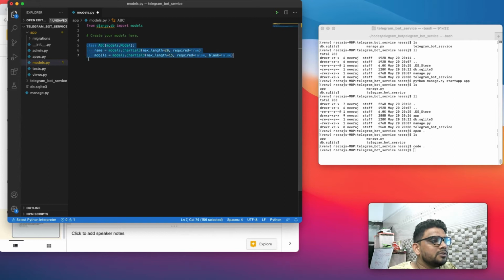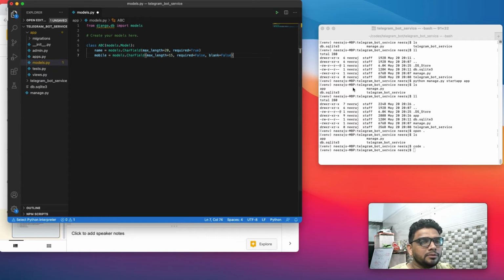What I have done essentially here is this class ABC is going to represent a particular table in my database, and name and mobile are going to represent columns in my table ABC. Since I have defined them as char fields, they are going to be varchar type, and this is the maximum length required.